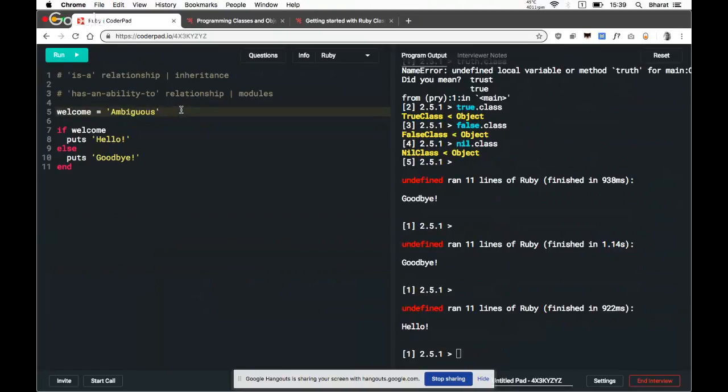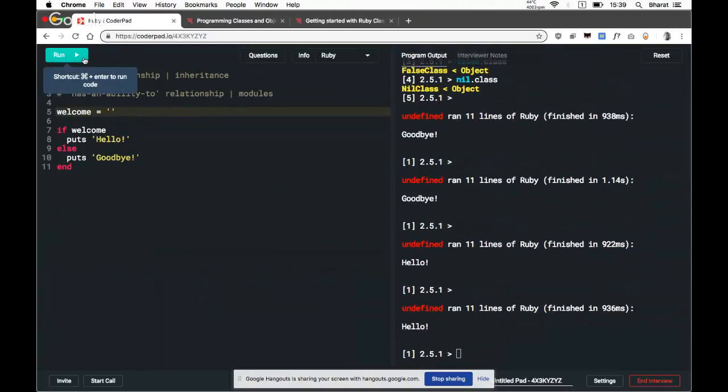Yeah, so you might say that you're ambiguous about it, but since it's anything but nil or false, it is truthy. So something like an empty string would also be considered truthy. So you need to be explicit about this.